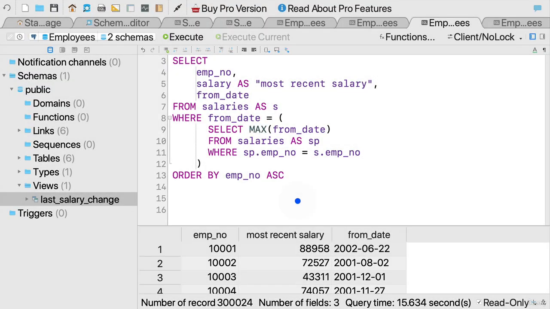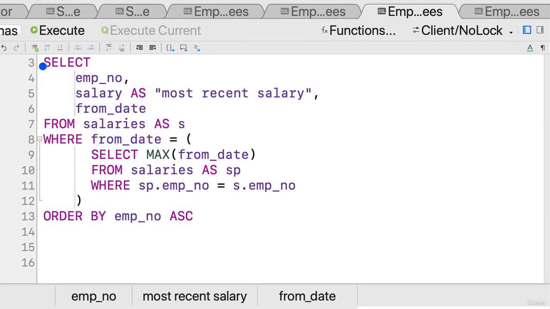Here we are. The piece de resistance, the query that has lingered on throughout the course, because the way that we need to approach it evolves as we learn more concepts. We can solve it in many, many different ways. And so what we're trying to do here is we're selecting employee number, salary, from date, where the from date,